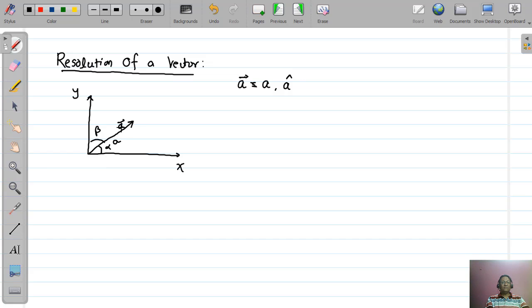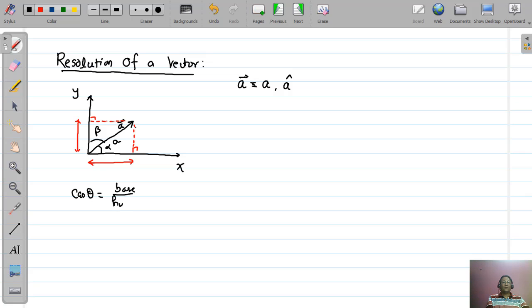To make the component of this vector along x and y axis, we drop the perpendicular on x-axis, also on y-axis. Now we have to find the length of this component along the x-axis and along the y-axis. To find the length, we use trigonometry. From trigonometry, cos of an angle, for a right angle triangle, cos theta is equal to base